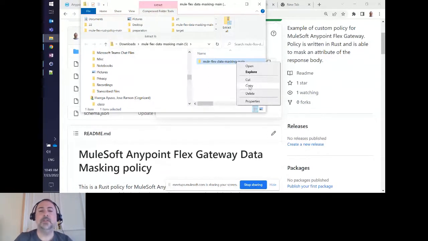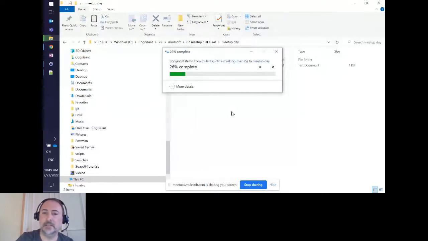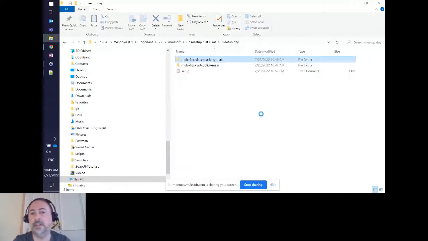Okay, so here we have essentially the repos cloned in my laptop and also in Linux. Obviously, another alternative could